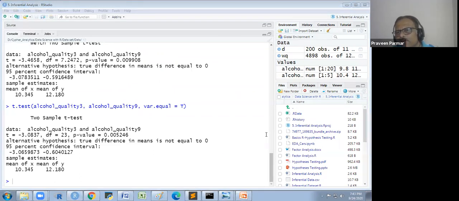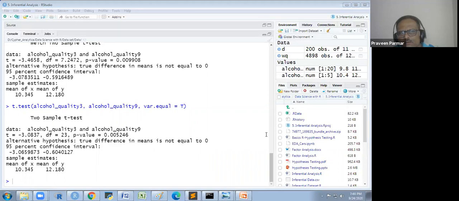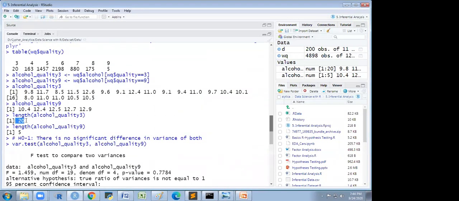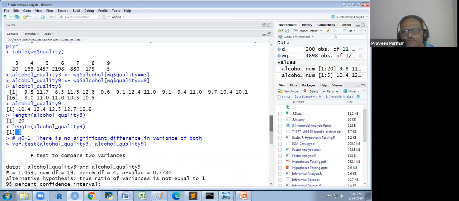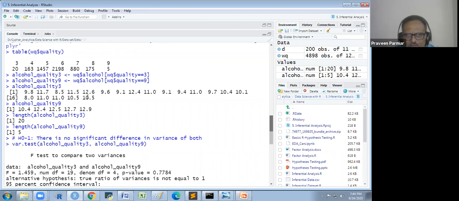Ram Prasad ji, why is it N16? Sir, N1 is 16, N1 is 20. Yeah, I explained that thing. I showed you that the length of the first is 20, the length of the second is 5. You see there are 20: 16, 17, 18, 19, 20. 16 is only the position of the first element here. Is it clear, Ram Prasad ji? Okay, sir. This is 16, then 17, 18, 19, 20.